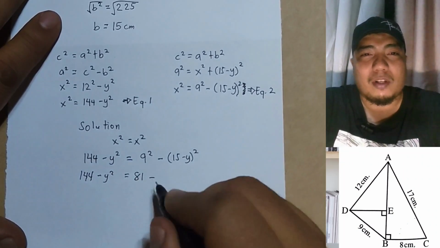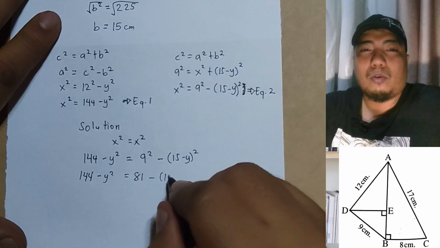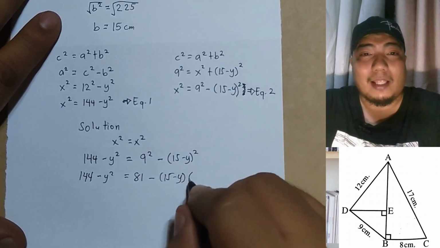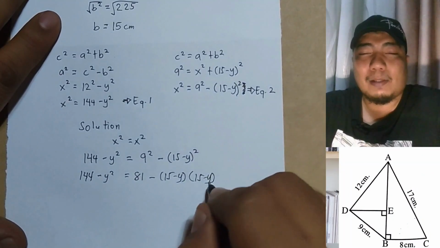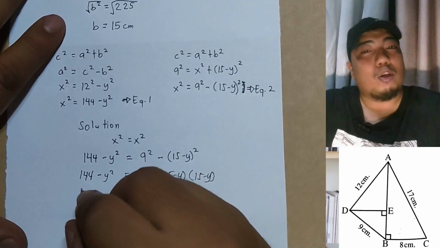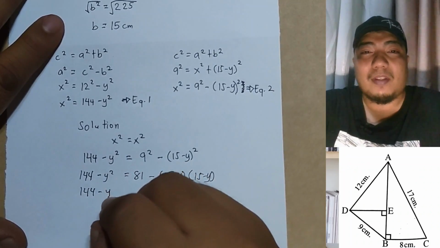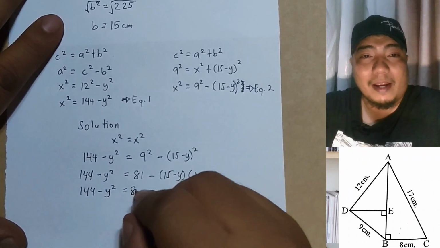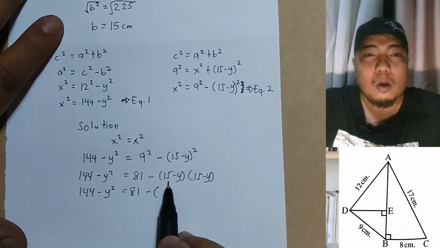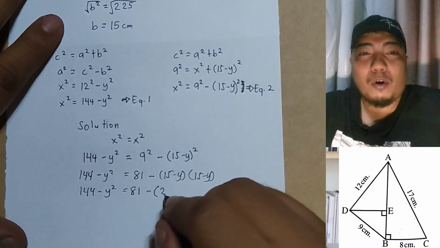Alright, so 144 minus y squared is equal to 9 squared, which is 81, minus, we will expand our (15 minus y) squared. So that will be 15 minus y times 15 minus y. And then we will have 144